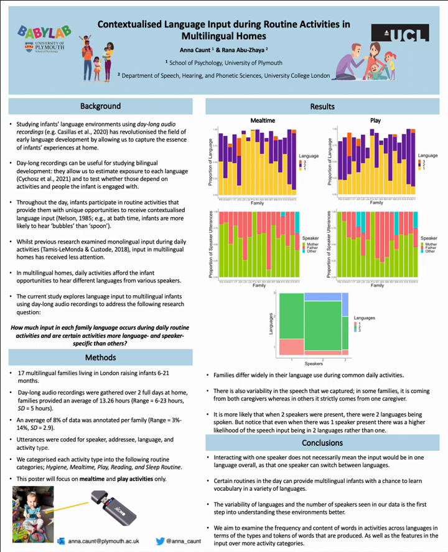Overall, when we look at the relationship between the number of speakers and the number of languages present during these activities seen in the final graph, the first thing we notice is that there is a higher proportion of 2 speakers and 2 languages. But notice that even when there was 1 speaker present, there was a higher likelihood of the speech input being in 2 languages rather than 1, meaning that this 1 speaker switched between languages during these